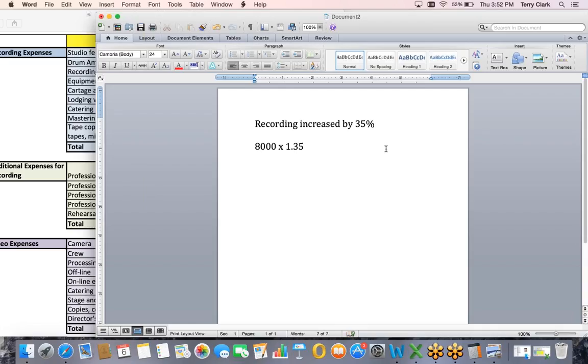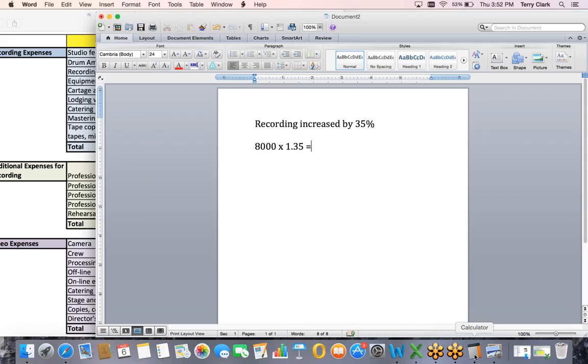That's just like the increase of 24%, except instead of increasing by 24%, it's increasing by 35%. So we take 8,000 and multiply by 1.35, and that'll tell us what our cost is,